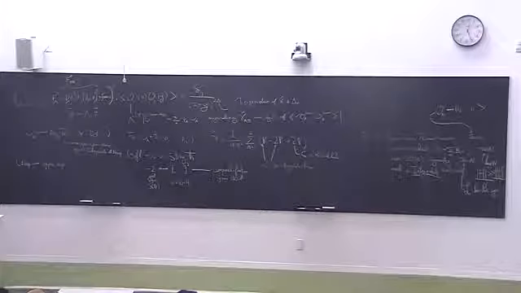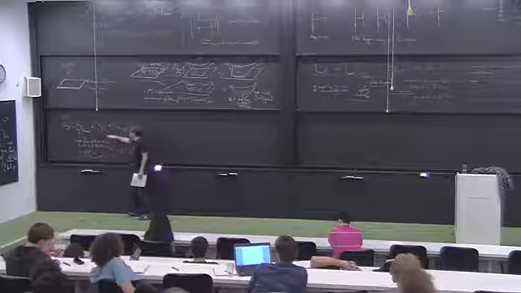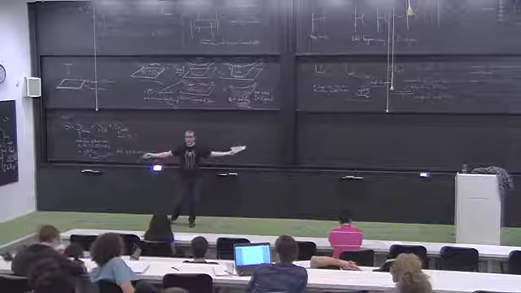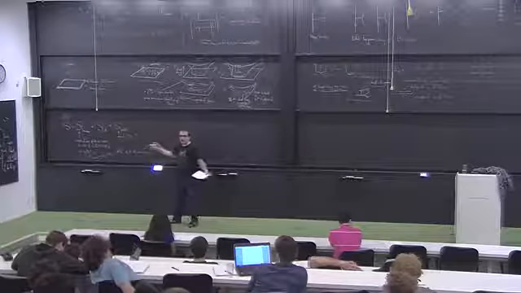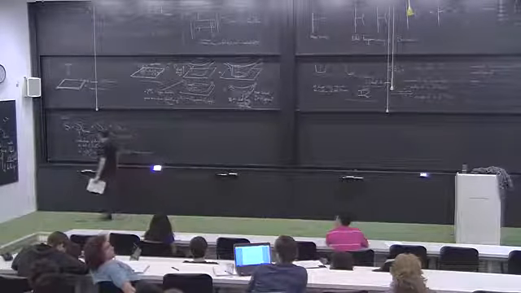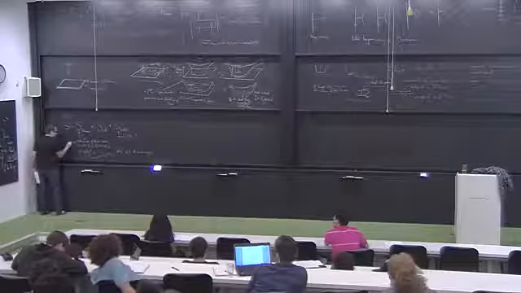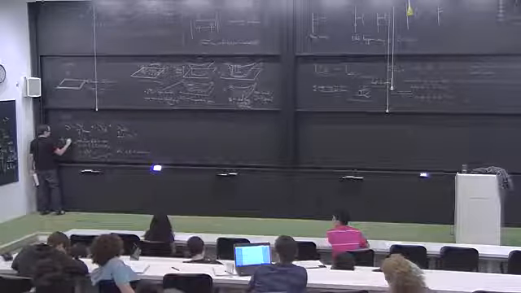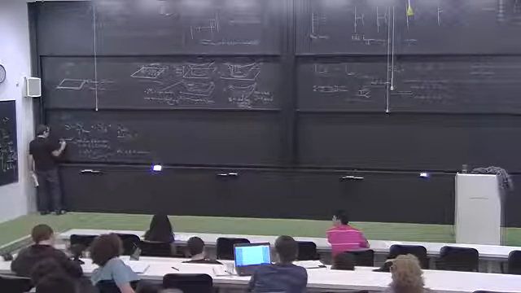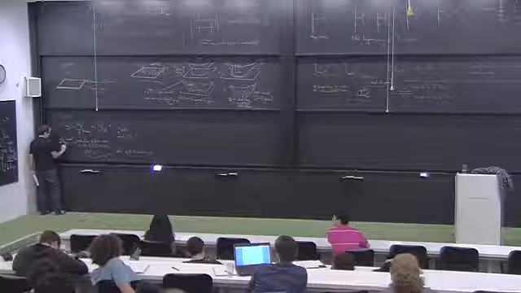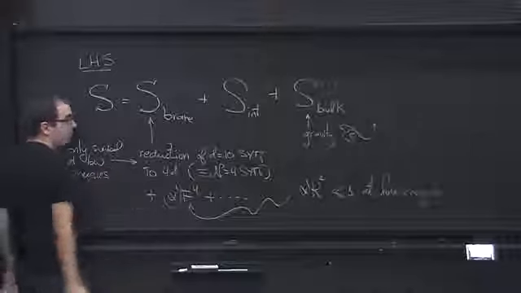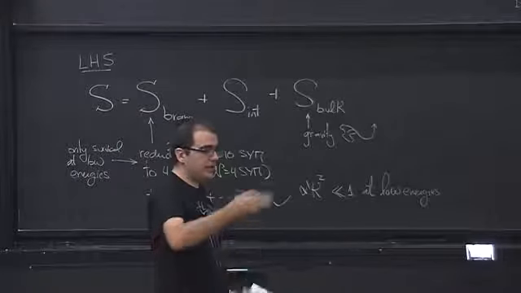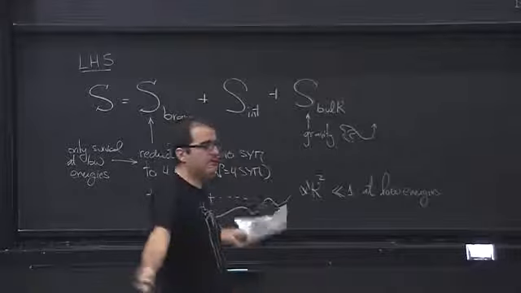In fact, it's the same with all other terms. The interaction part and the bulk, gravity for example, is weak at low energy, at long distances. So if I take a low energy limit, this is the only thing that survives. The interaction part is also dimensionful, so it also drops out if I take low energies.